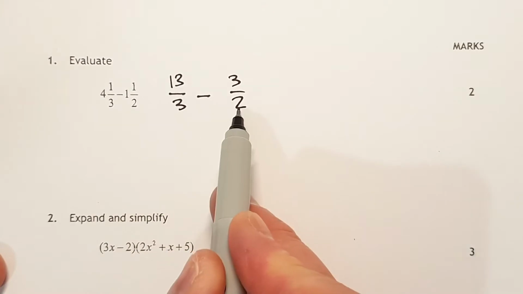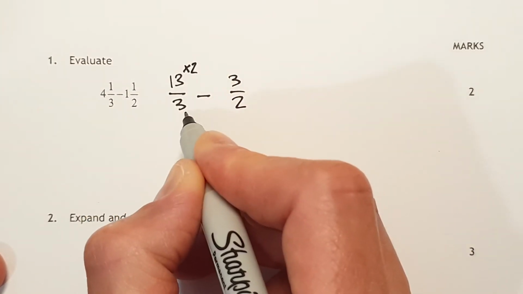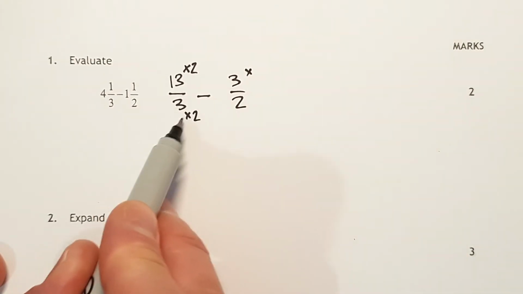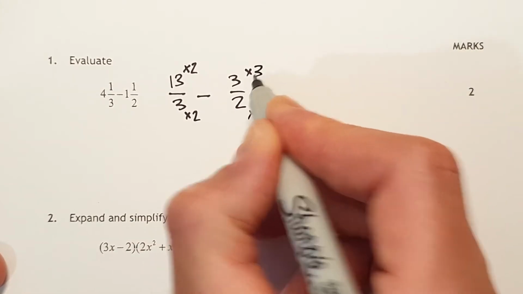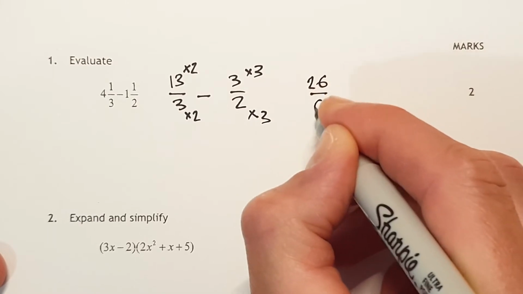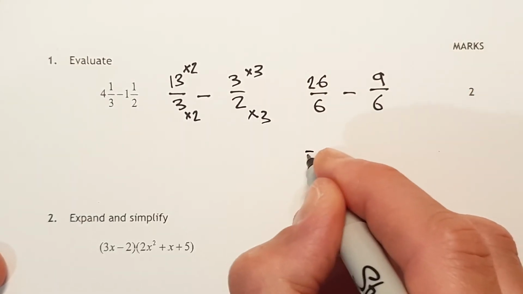Now these denominators are different, so I'm going to take the first fraction and times the numerator by 2, the denominator by 2. So that's going to give me a denominator of 6. Now I want this denominator to be 6 as well, so that means I have to times the second fraction by 3. So I end up getting 26 over 6, subtract 9 over 6, and that just makes 17 over